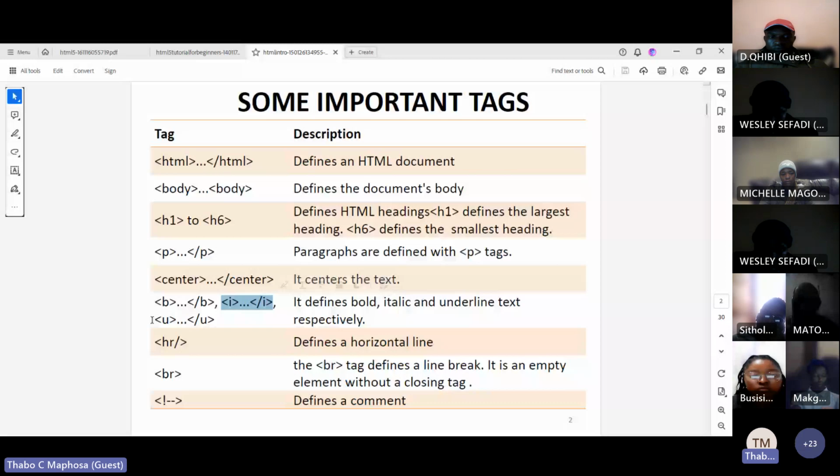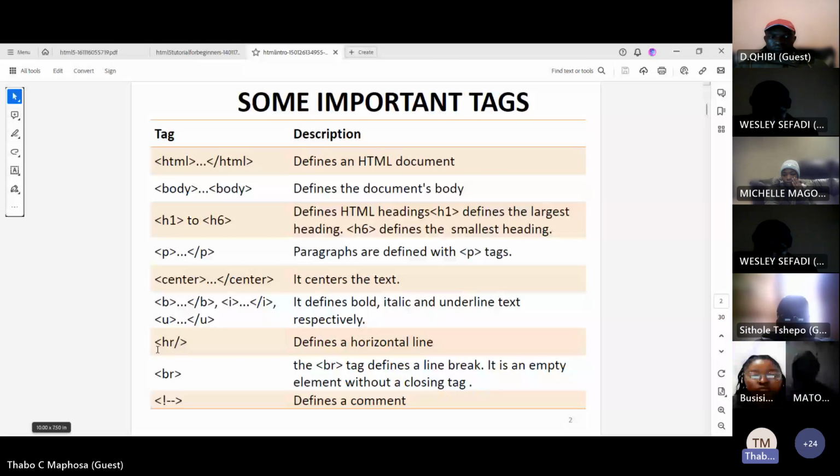HR means draw a horizontal line. And BR means break the line or create an empty line between the two. You don't need a closing tag for this one. And then exclamation mark and two dashes means that whatever comes after these two dashes is a comment. So these are some of the important tags.